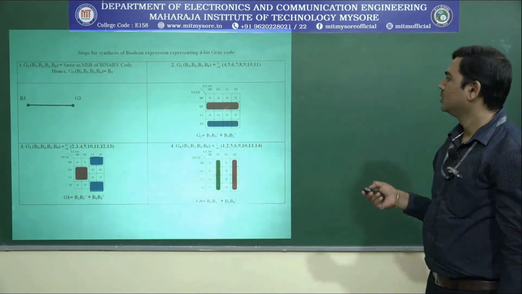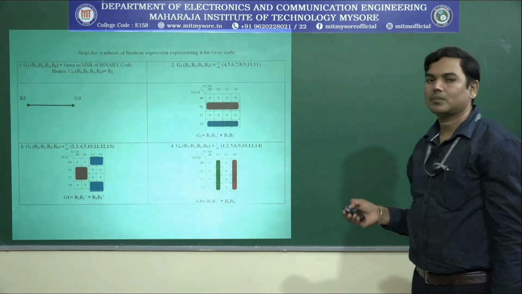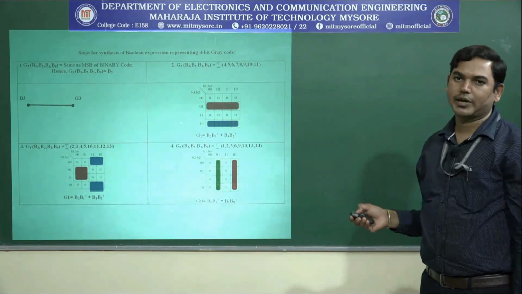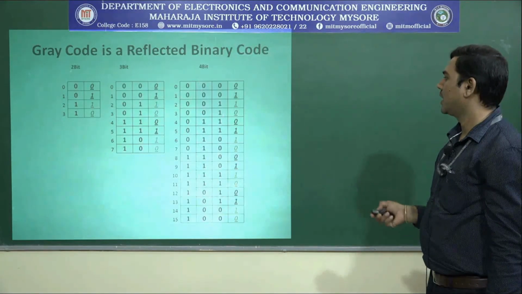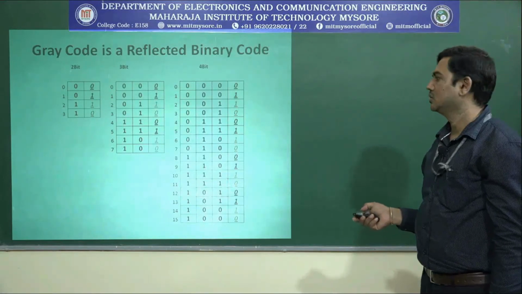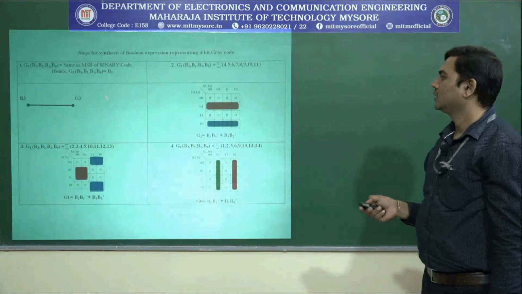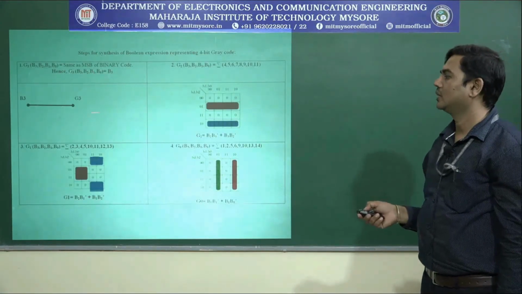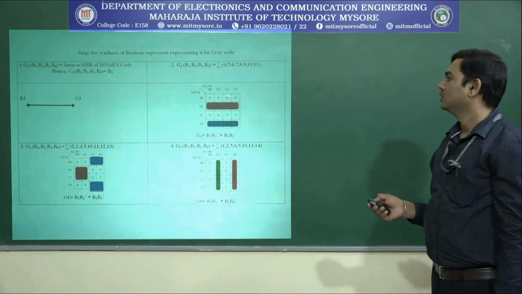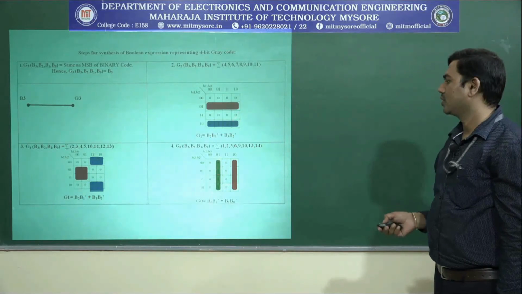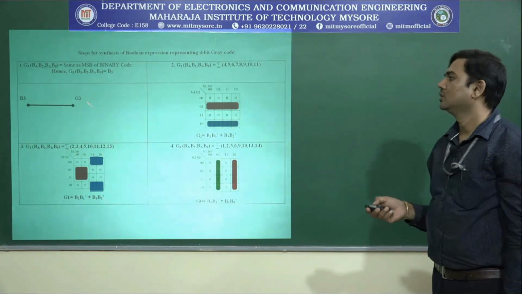How to obtain the logical equation and logical circuit for a gray code? We need to treat each of these columns as independent functions G3, G2, G1, G0, and write them as minterms and then write a K-map and obtain an SOP form. This we are well aware. Here we are going to make a quad, the simplified expression.